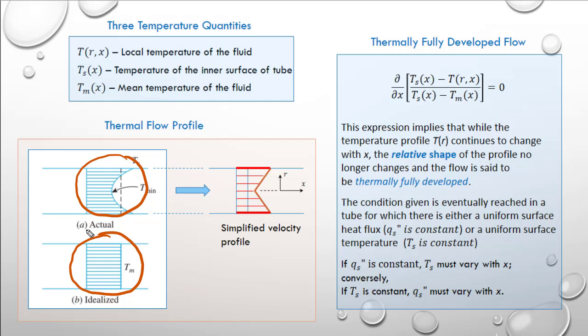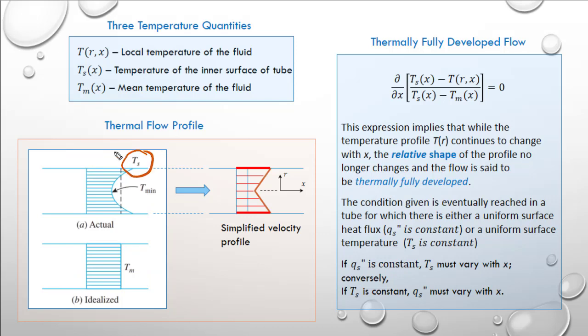So we have three temperature quantities up here. So we have the mean temperature of the fluid, and that, if we're going to continually put energy into the fluid as the fluid moves in the x direction, this mean temperature will be a function of x. Now the surface temperature,